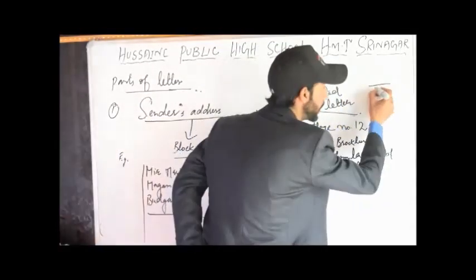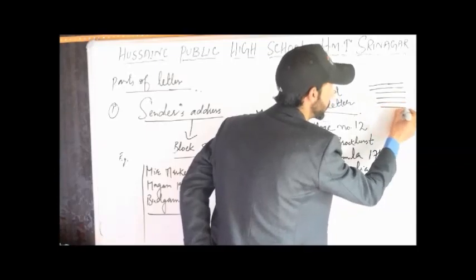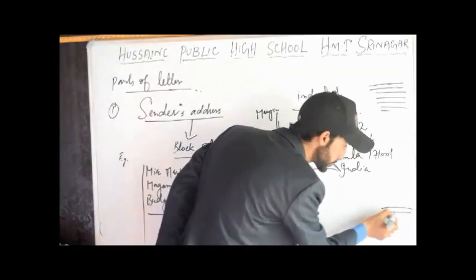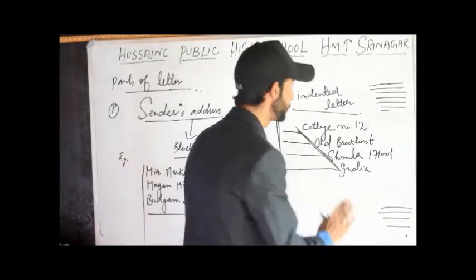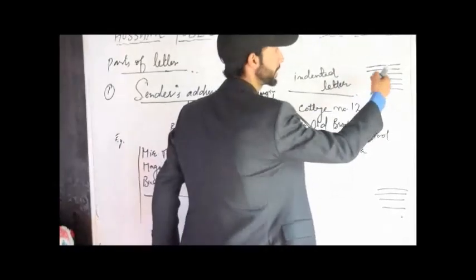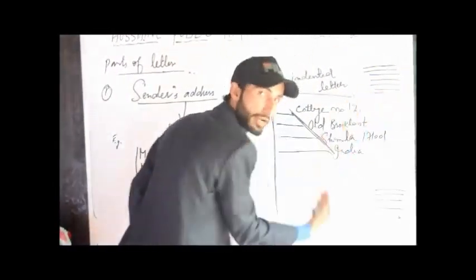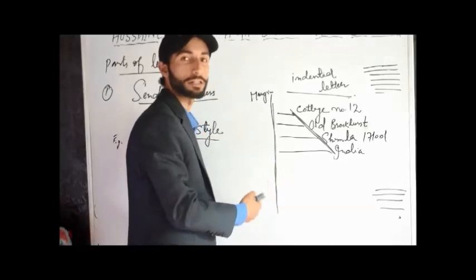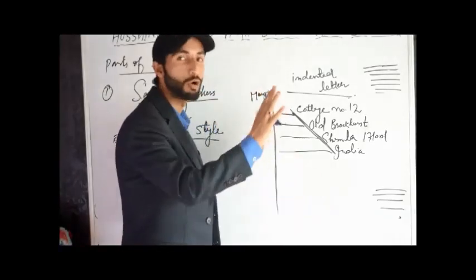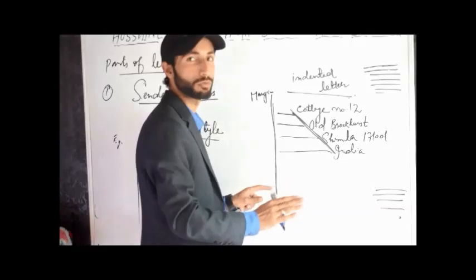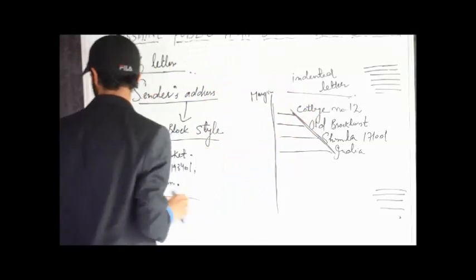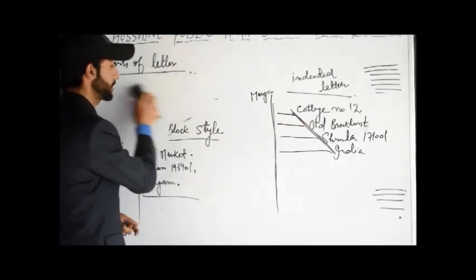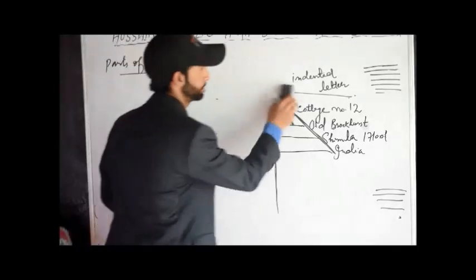You can write the sender's address on the right hand side of your letter, but then your subscription should also be on the right hand side. This is very important. Sometimes I have seen students write the sender's address on the right hand side and end the letter on the left hand side, writing the subscription on the left. It looks awkward. I can't say it's wrong, but it looks awkward. So I advise you to be consistent while choosing style, while choosing format. This was all about sender's address. Now the second part of the letter, that is